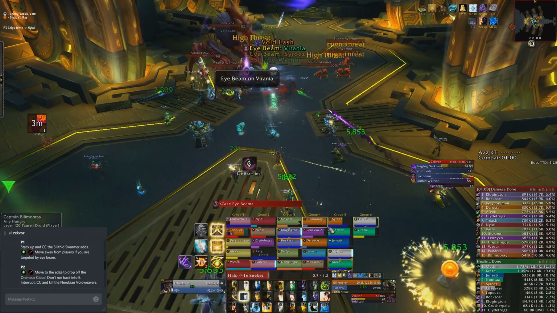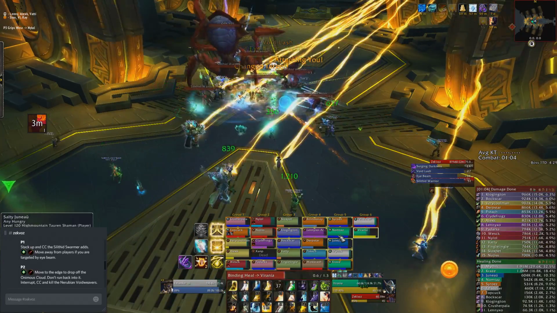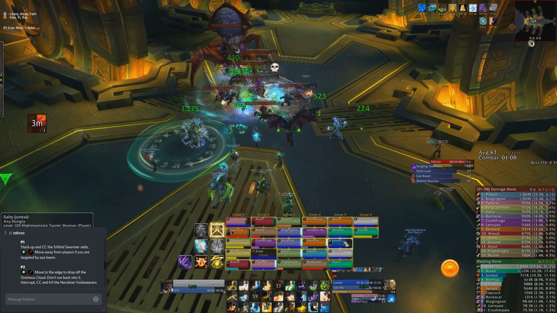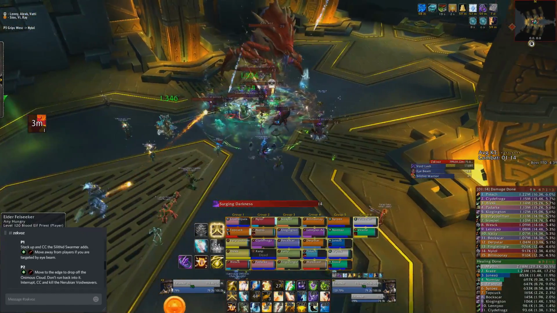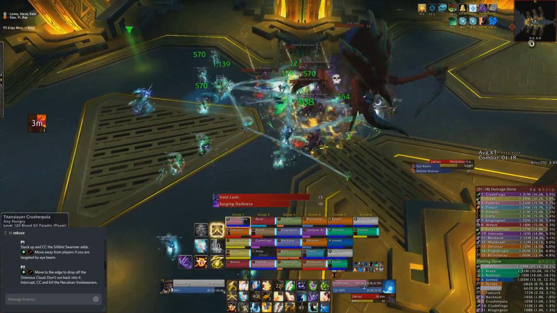Also in this phase on a timer, 6 bug adds will spawn and will fixate on random players. When they reach them, they apply a stackable dot, which also slows movement speed. You'll want to focus these adds down as soon as possible. These adds always spawn in the exact same location, so the boss should be positioned in the path that the adds take towards the raid to act as some sort of focal point for everyone to use crowd control and